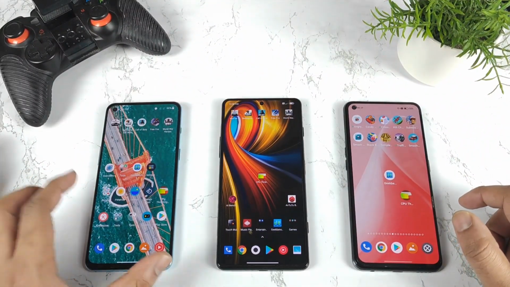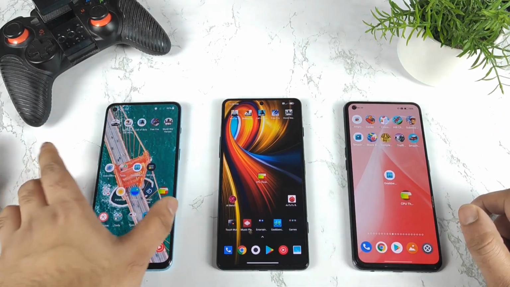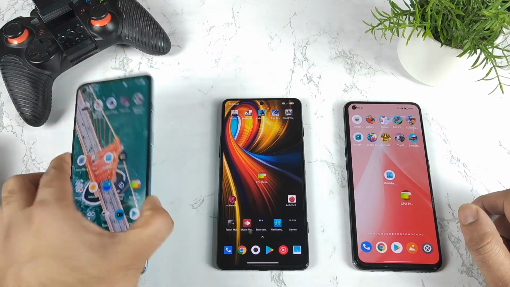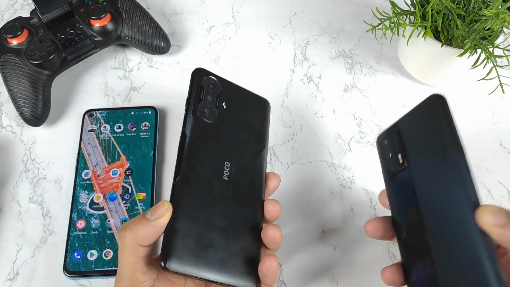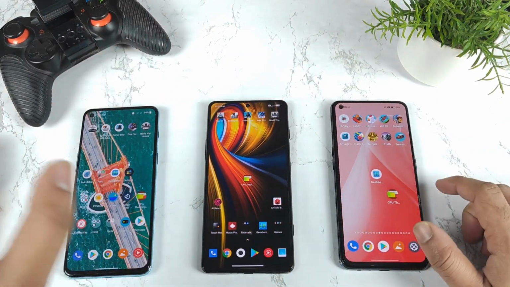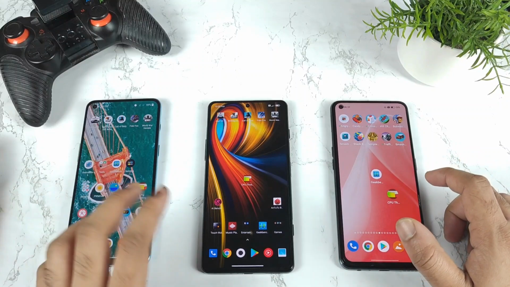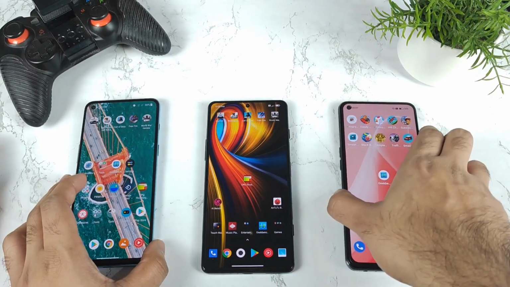In this video, I'm going to compare the CPU throttling test between all of these three smartphones which I got right now. Starting with the first one, which is a OnePlus Nord device, the second is a Poco F3 GT, and the third is a Realme X1 Max device. This is a test I'm doing after the recent software update in the OnePlus Nord 2 as well. Let's see what the CPU throttling test comparison will be between all of these three Dimensity 1200 chipset phones.